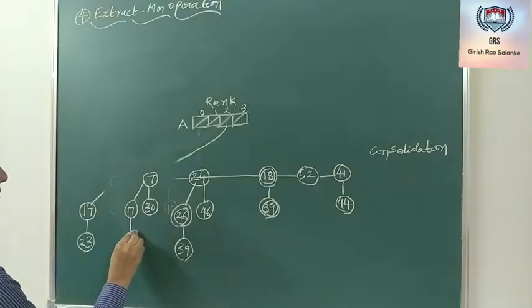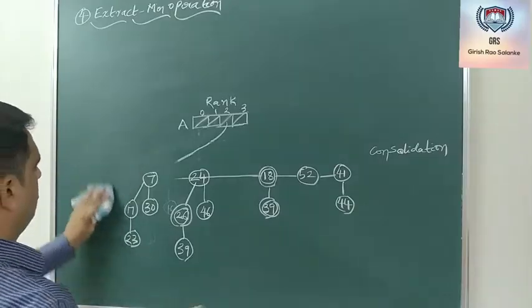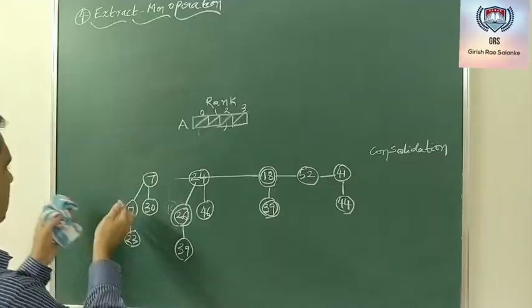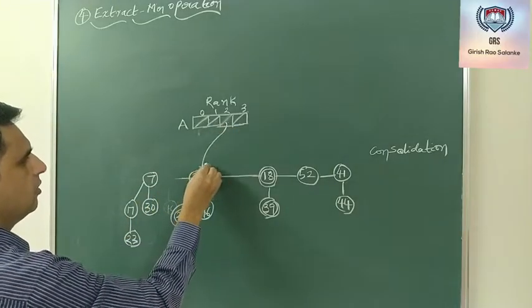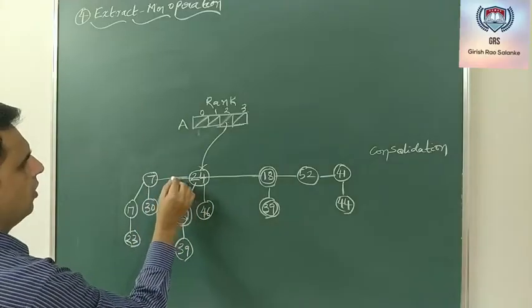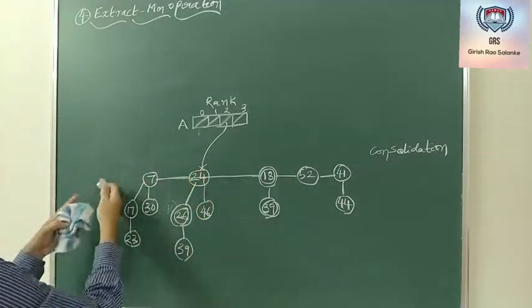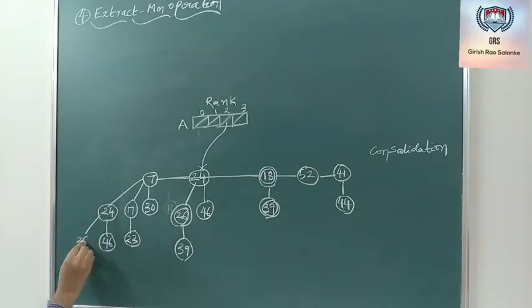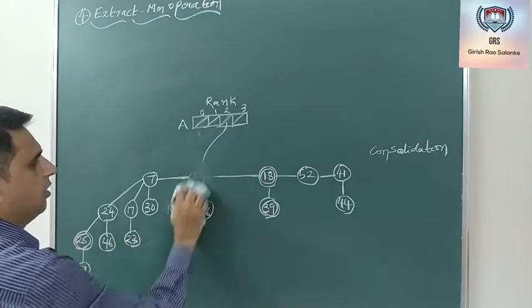17, 23. I just made some space available on this left hand side to have this. So this is the rank of 2. Now this was also rank of 2. Now what I do, I put this onto the left side. So this becomes 24, 46, 26, 39. Now this is gone.